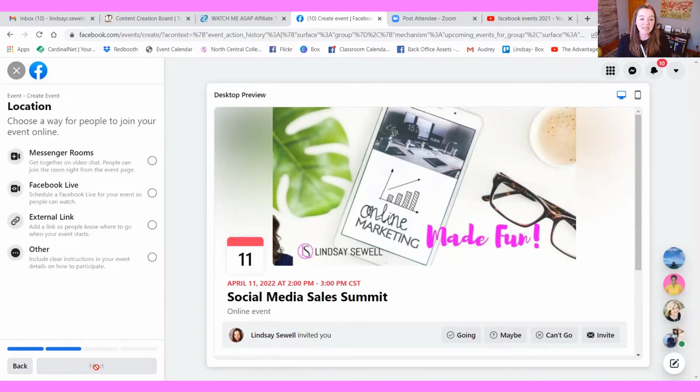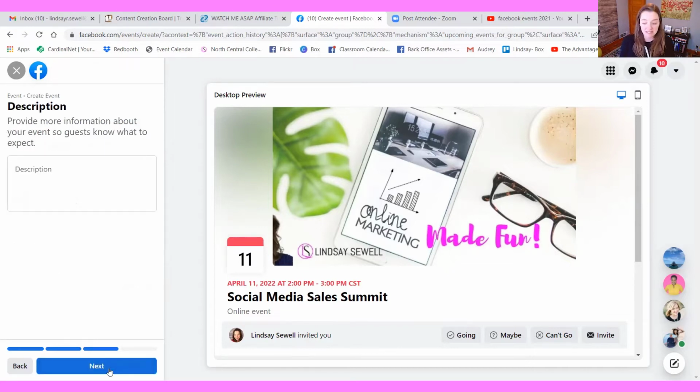So as we go to the next section of creating the event, you can either choose to host it in a messenger room, on Facebook Live, or an external link, or you can give people instructions. For the purpose of this event, I am going to pretend that I'm sending them to an otherwise off Facebook link to register for this